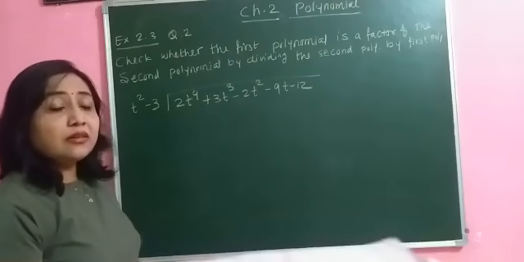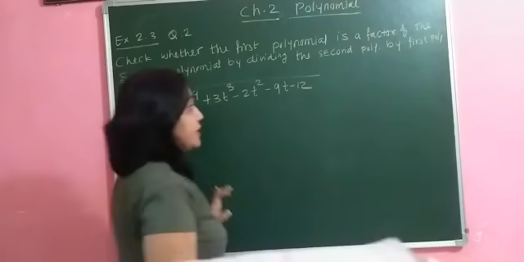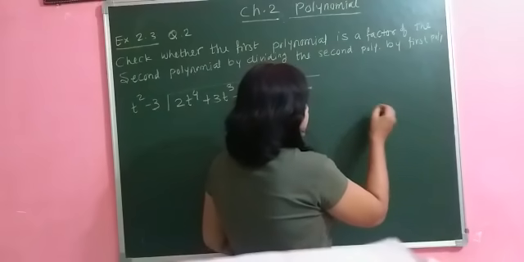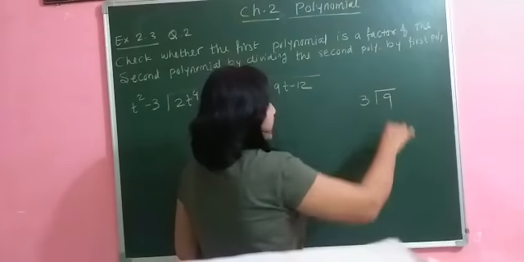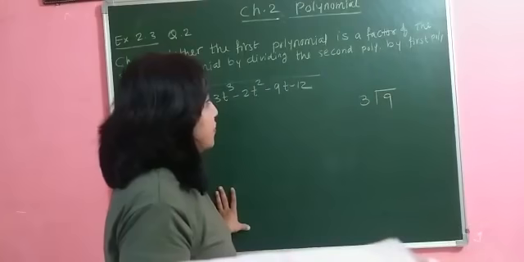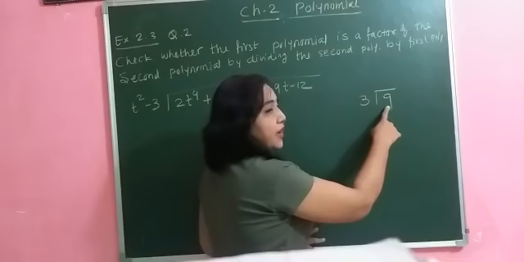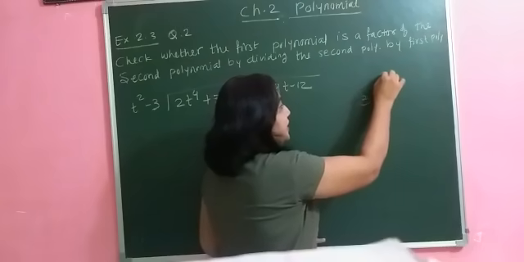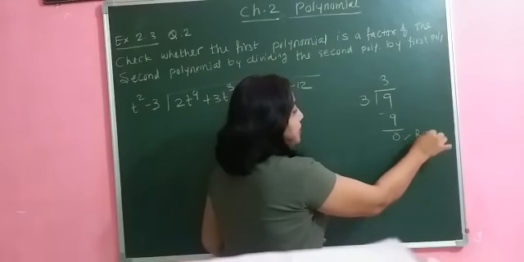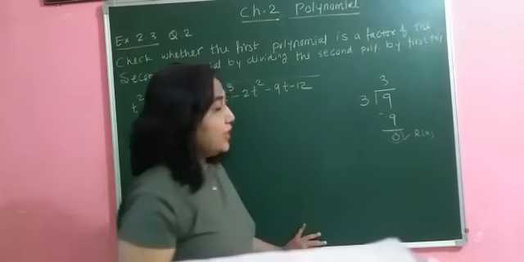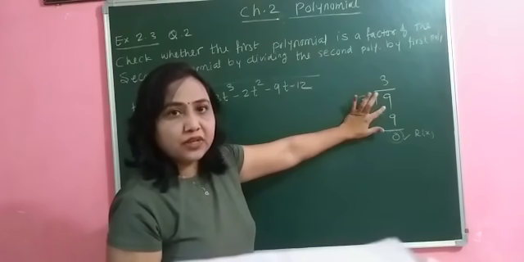Now how to check it is a factor or not? For that what you will do? You know that suppose in primary standards this division is given: 3 divided by 9. So we know that 9 is the multiple of 3 or 3 is a factor of 9. Therefore, I will write 3 3s are 9. You can see what is my remainder. My remainder is 0. So, whenever my remainder is 0, then I can say that this is the factor of this.